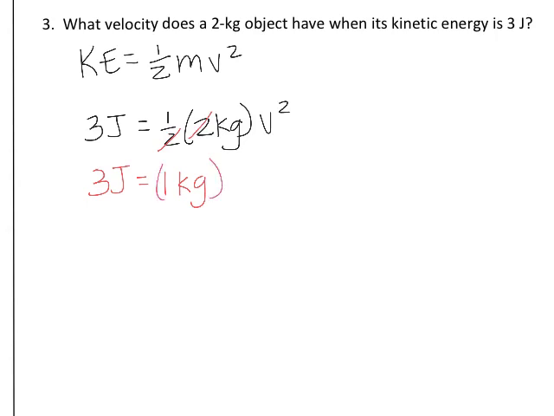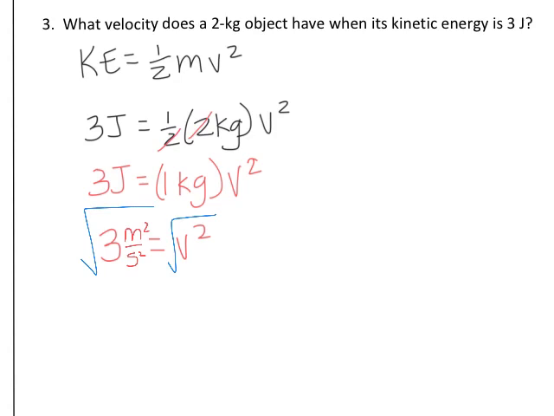So that's going to leave me with a kilogram and then velocity squared. So if I divide both sides, that's going to leave me with 3 over 1, which is just 3, and that's equal to velocity squared. Now, if I were to look at the units and plug in everything for a joule and reduce that down into terms of kilograms, meters, and seconds with our fundamental units, I would have had meters squared over seconds squared, which is good because I want to take the square root of the v squared and also of this other